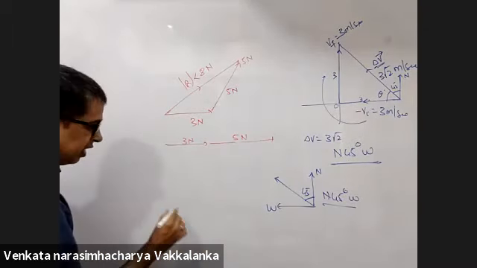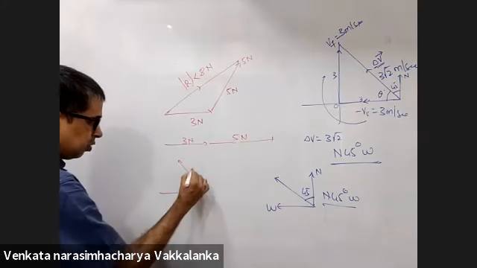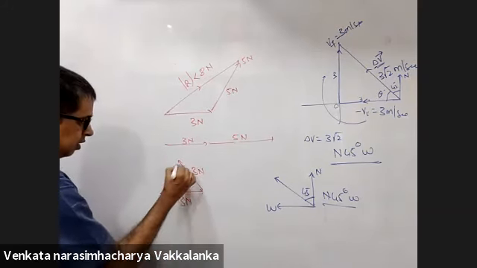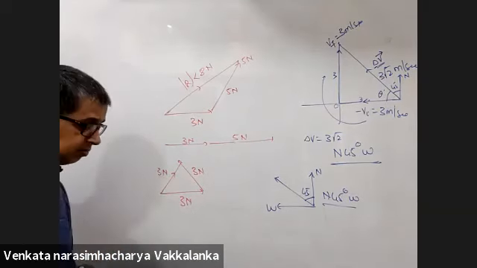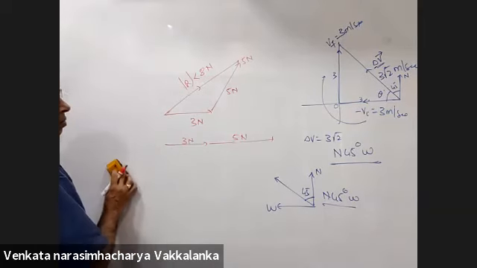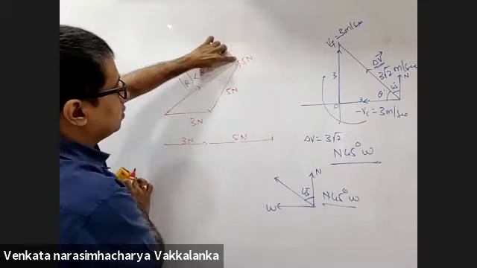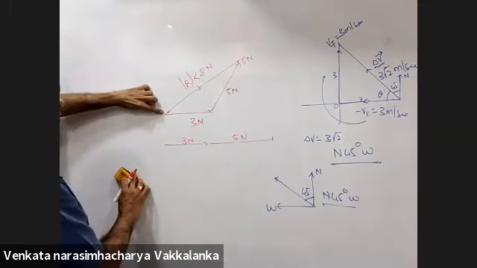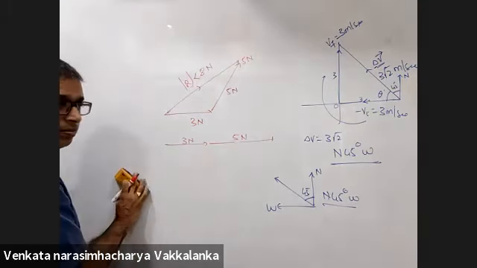If not, your alternative is it should be an equilateral triangle. This should also be 3 Newton, this should also be 3 Newton, then this will be 3 Newton if it is an equilateral triangle. So 3 and 5 Newton are in triangle form. So for the resultant less than 8 Newton, we have to measure it, right? You have to measure this length. That length will be your resultant.